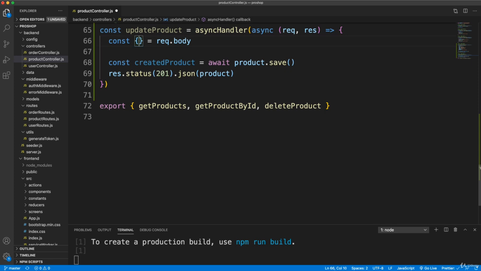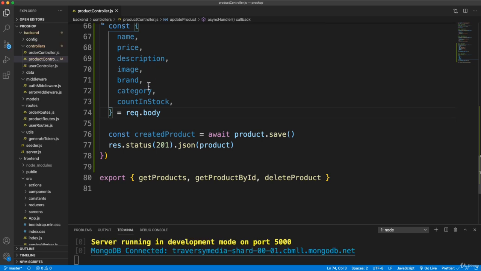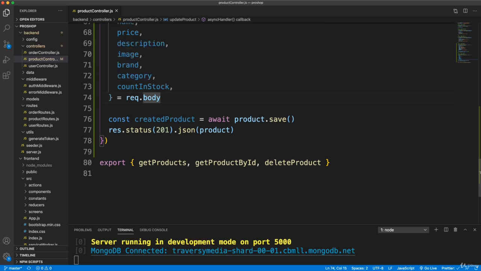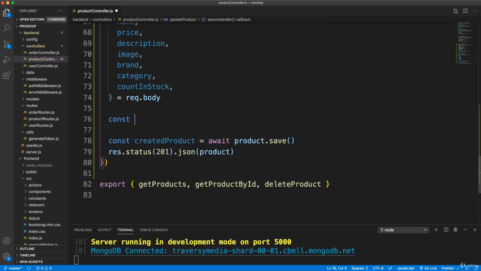Okay, so we're going to want to get the name, price, description, image, the brand, the category. We want the count in stock, and that should do it. So we'll save that, format it, and then underneath that let's create, let's say const product, and set this to